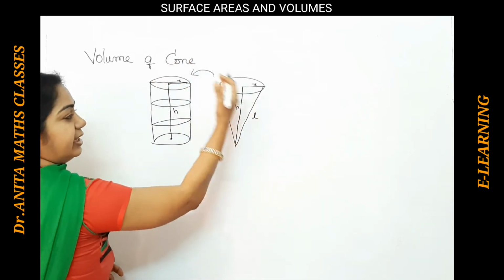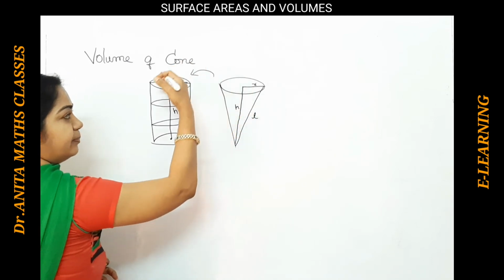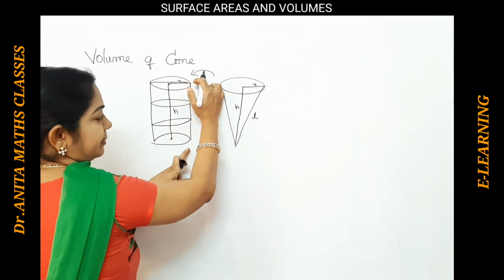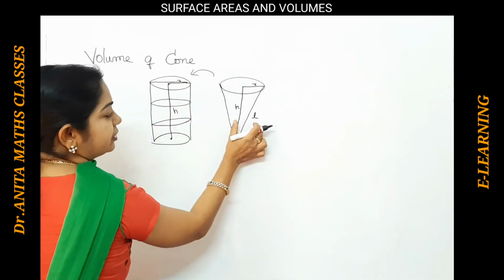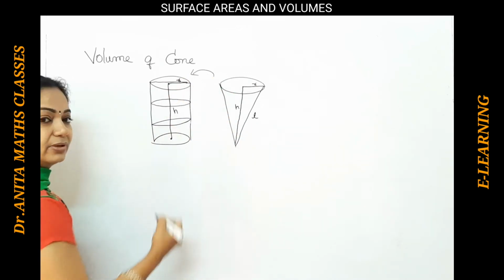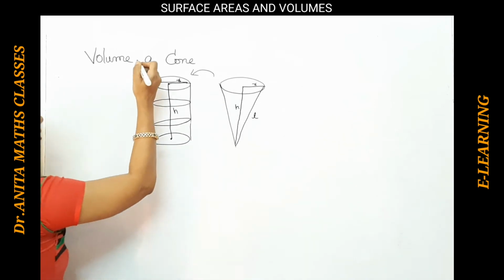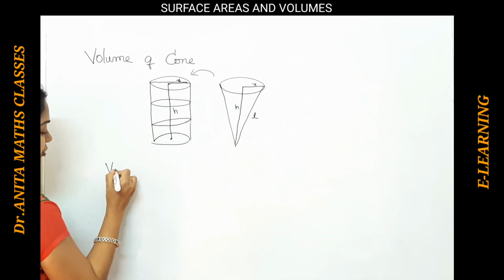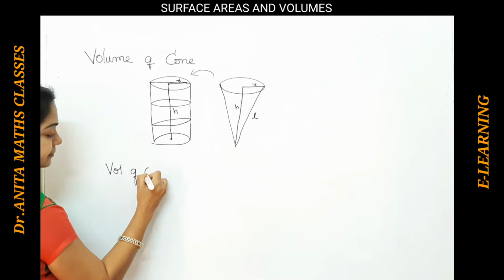If I take three times the volume of the cone and pour it into this, it will be filled up. Here the height of the cone and the cylinder are the same, as well as the radii. Okay, so that means from the volume of the cylinder,